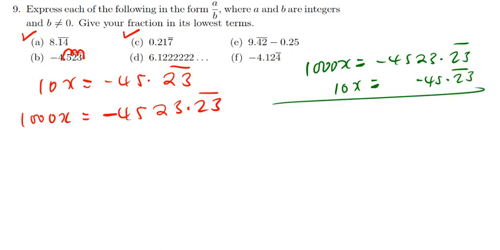Then you can subtract. 1000 minus 10 is 990. So we have 990x is going to be equal to